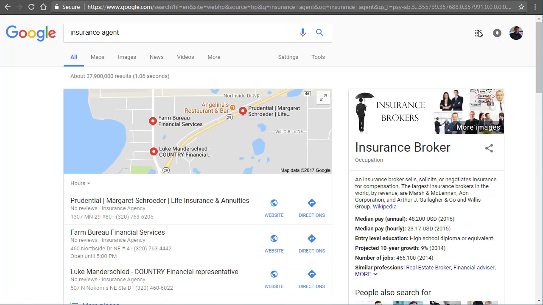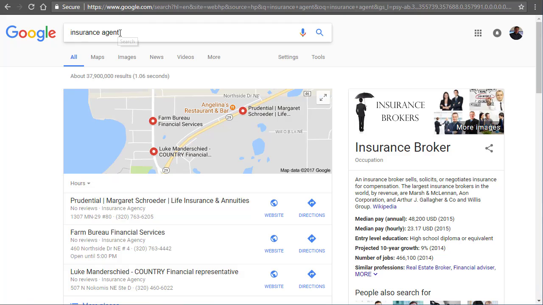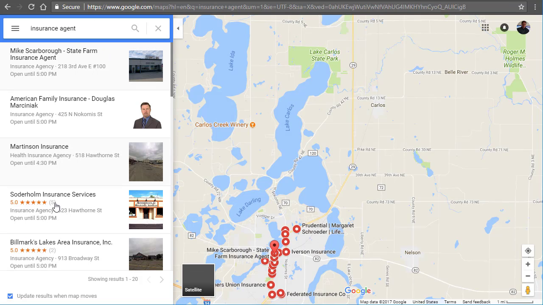And so you can see how important it is to be showing up higher up when someone is searching for your type of business. There's only 3 that show here. If I go to Maps, you'll see more. On a smartphone, it's similar to this. It's the same information. So if you want your listing to be showing up higher, you need to claim and